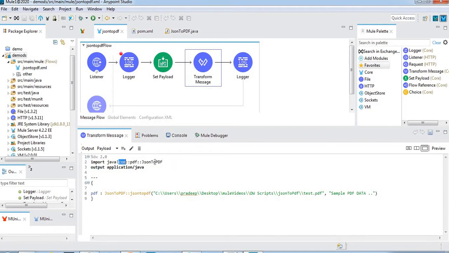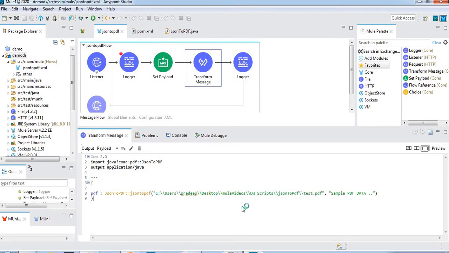Java, the class is available under PDF, and the base folder is com. This is the class name, and from the class name we are using this method. For this method I am going to give two parameters as input. One is a string, and the other is also a string.